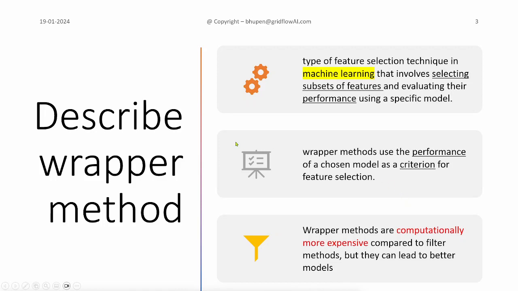So what is a wrapper method? It is a feature selection technique which uses machine learning. Here, we will select a subset of features and then run the model and evaluate. So this loop will continue. The wrapper methods use the performance of the chosen model. That means we have to use some metric like accuracy or precision or mean squared error, depending on the problem